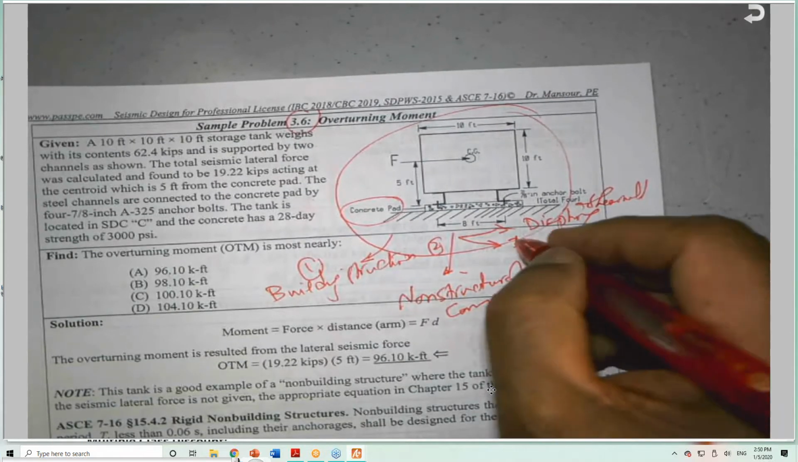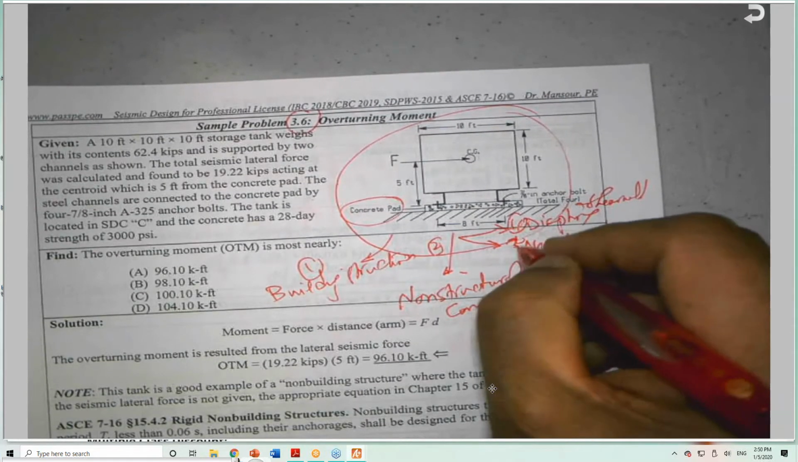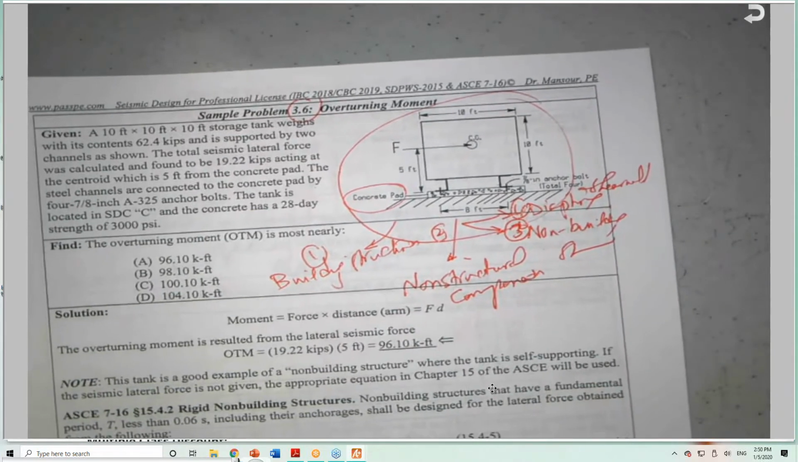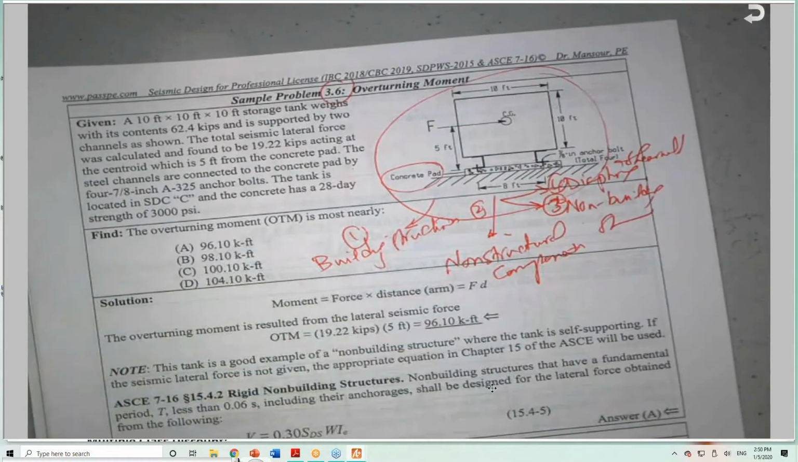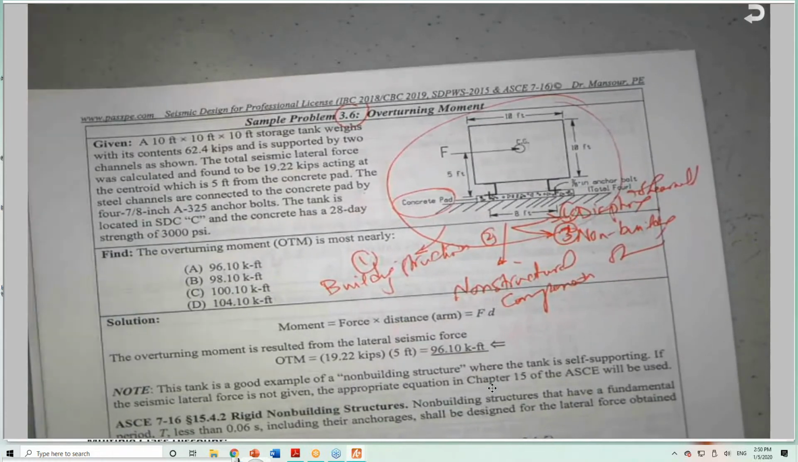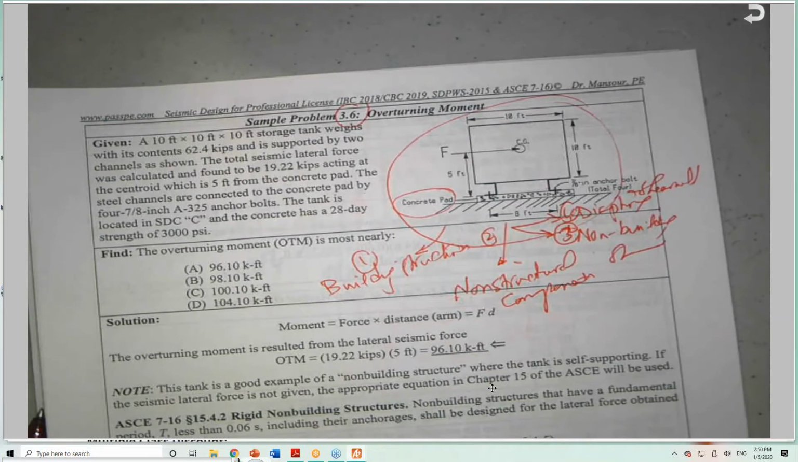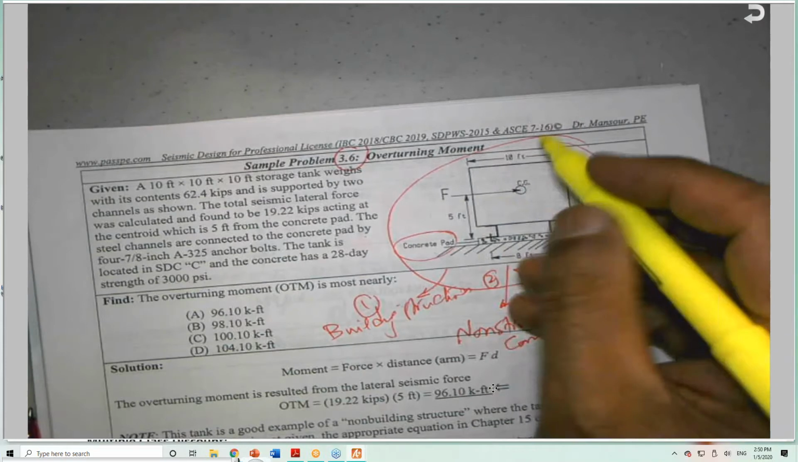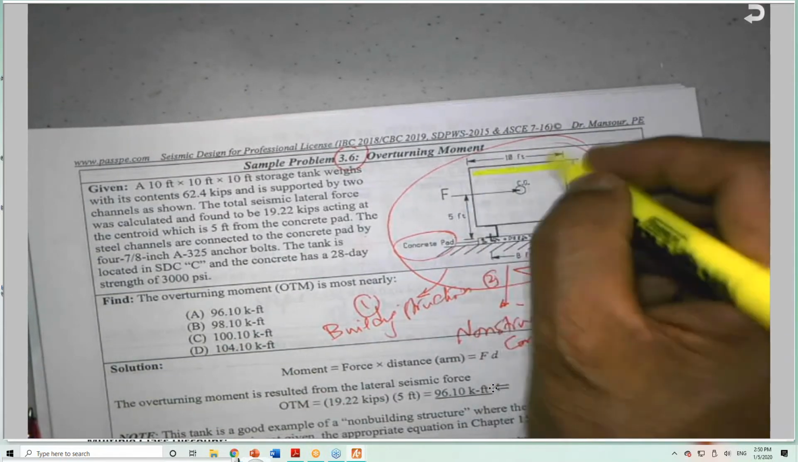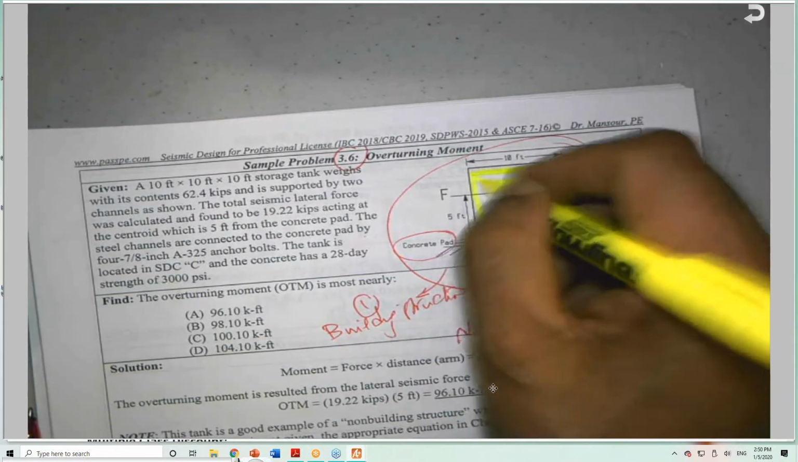And I told you the code is handling each group separately, in order. I wrote this before, so you don't have to repeat it again. If you go to your notes, the 4 groups: the building structures, non-structural components, non-building structures, diaphragms, and shear walls. Each group has its own equations. If you look to this tank here,